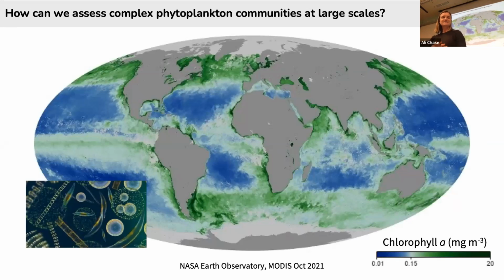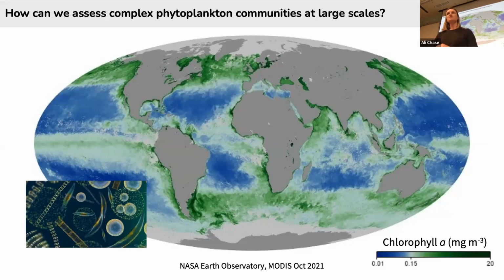So this is a satellite image, well, data derived from satellites showing chlorophyll concentration across the entire globe. This is data from October 2021. And chlorophyll A is the major photosynthetic pigment found in phytoplankton. Phytoplankton are the microscopic photosynthesizers found everywhere in the world ocean, and they support our entire Earth system. They are the base of the marine food web. They produce oxygen as a byproduct of photosynthesis, which makes our atmosphere habitable for us and other respiring organisms. Phytoplankton also cycle nutrients and play an important role in the carbon cycle.